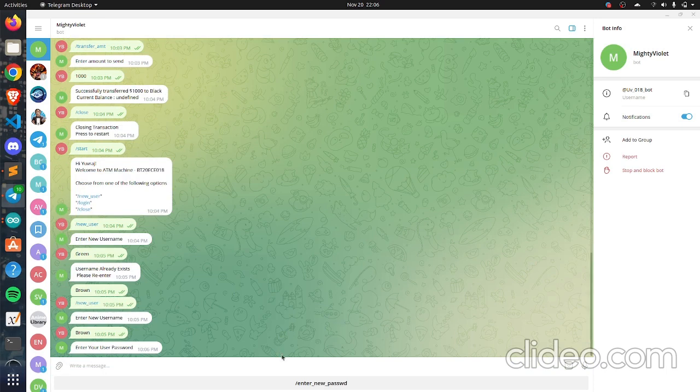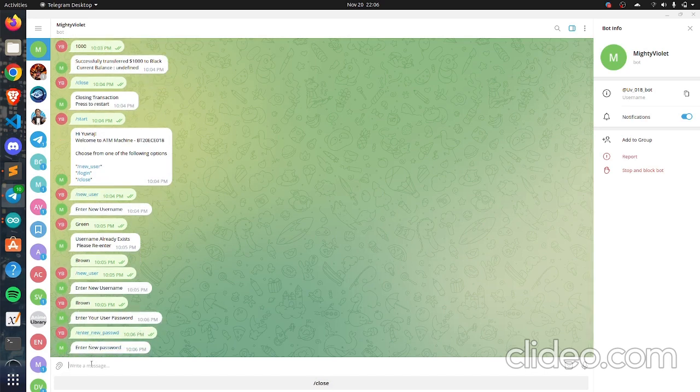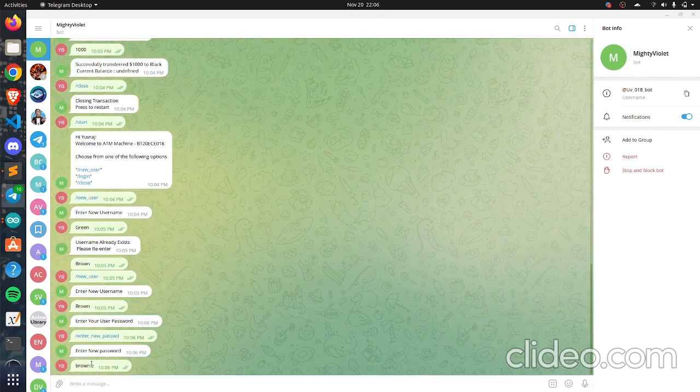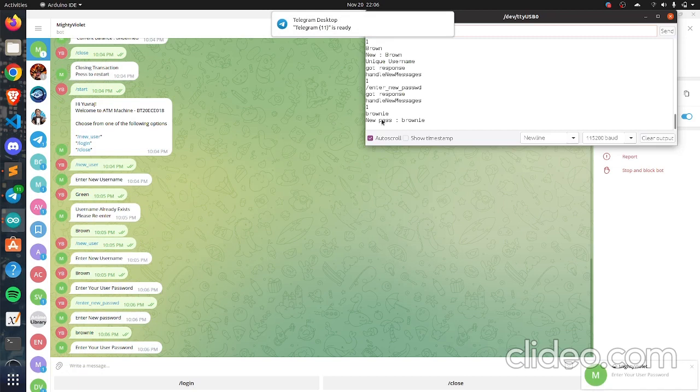Yeah, so now it's asking us to enter a password for our new account. Let's say the new password will be brownie for the user.